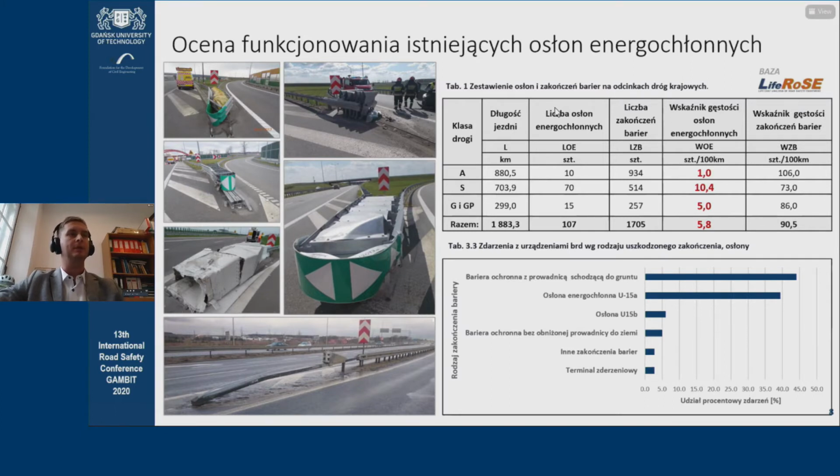We've carried out field tests under the Live Roads projects that cover a considerable length of roads, and we found out that incidents involving a vehicle running into the edge of barriers, usually we have situations where either an energy absorption device is hit or a guide rail device that reaches the ground. On average, we have approximately one on national roads, one such device per 100 kilometers. On expressways, we have 10 of those per 100 kilometers. This is probably because of the density of the